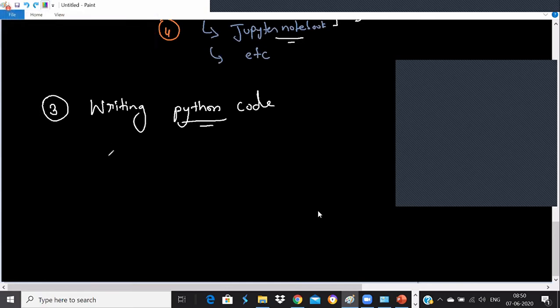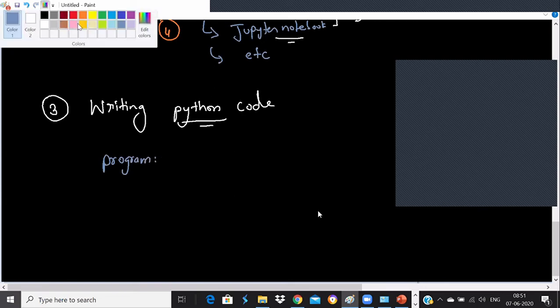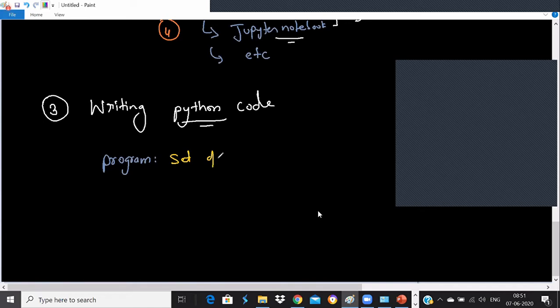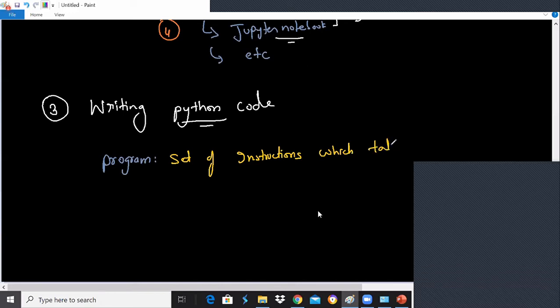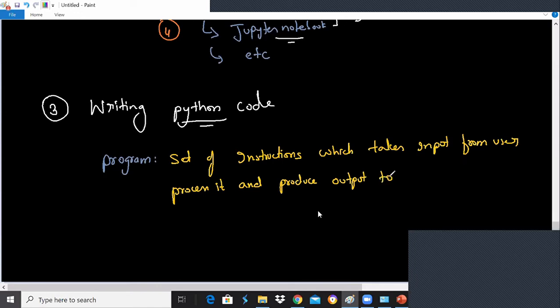So the definition of a program is: a program is actually a set of instructions which takes input from the user, processes it, and produces output to the user.